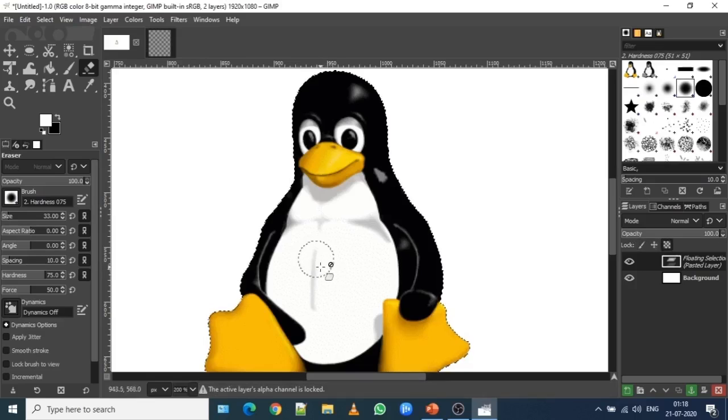Okay, it was locked. Now this is okay. Now if you check over here, you are able to erase the grayed area of the image that you are seeing on the picture.